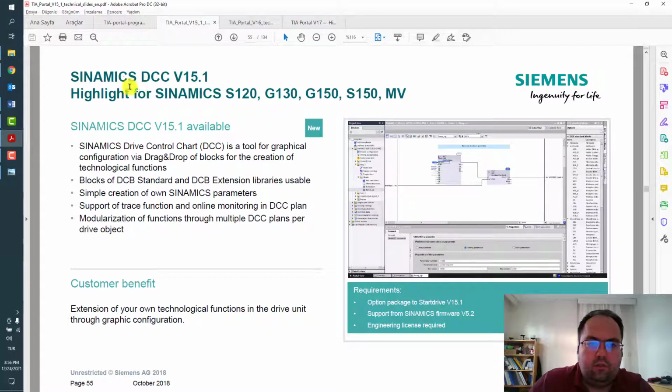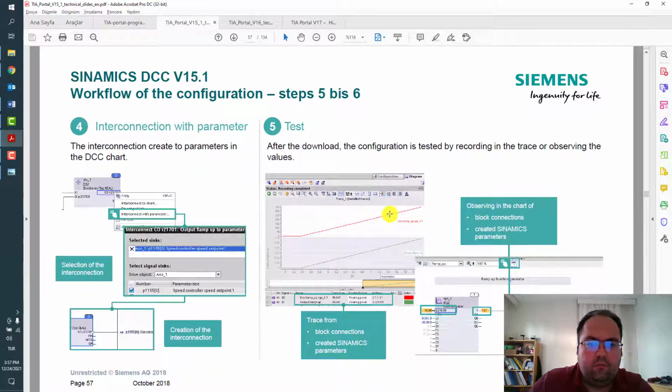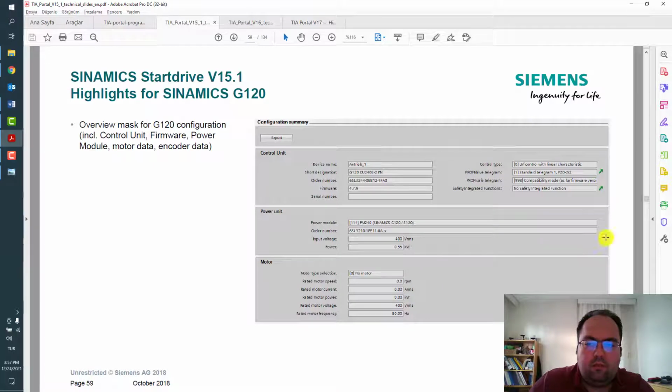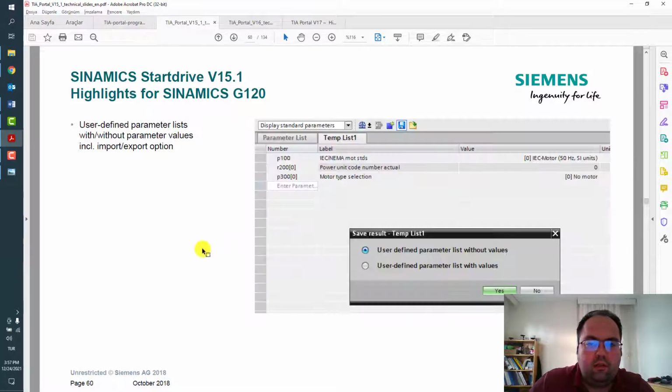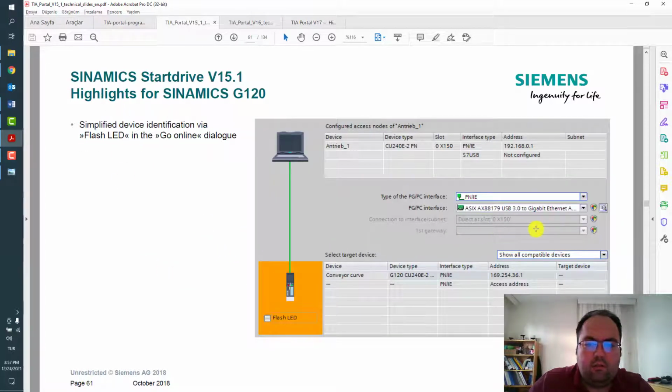Just for your information, drive control charts from this version are also supported inside TIA Portal. You can program drive-based automation and other highlights.